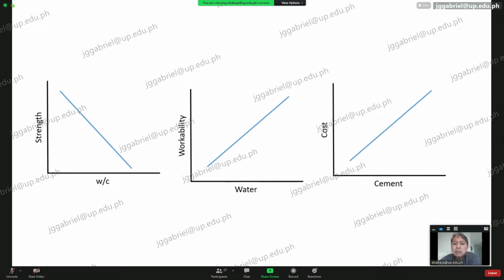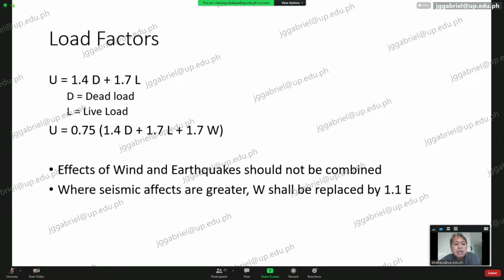But there's a way to increase the workability with less water, or without changing the amount of water that is designed to reach the strength you have designed for the concrete. You call that what? Admixtures, plasticizers. You will still be able to place the concrete without adding too much water. Okay, the load factors, these will be the load factors that will be used extensively.